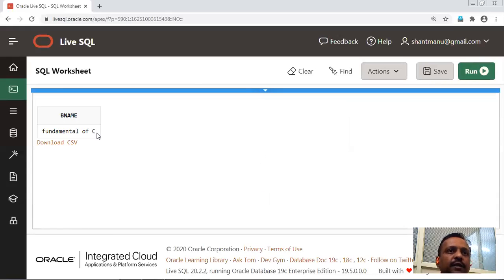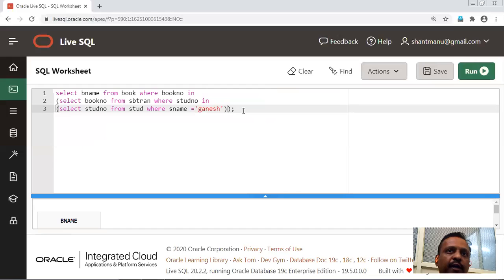The result is Fundamental of C, meaning Ganesh was issued a book called Fundamental of C. Okay, so this is the multiple table query.